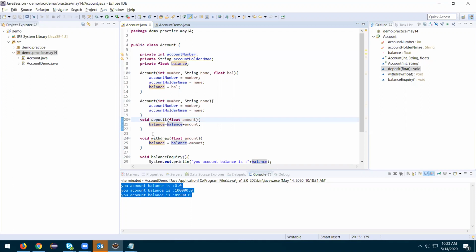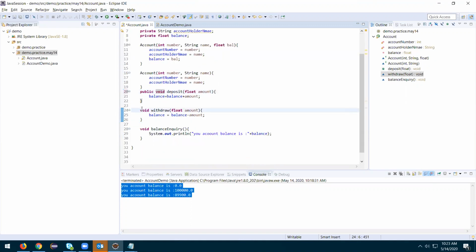The access modifier can be specified to variables and methods. Methods also can be specified as public. Harish, you're asking if I have given something as private, can I only access it in account.java, inside the class, not even in another class? Yes, you can only access it from inside the class.